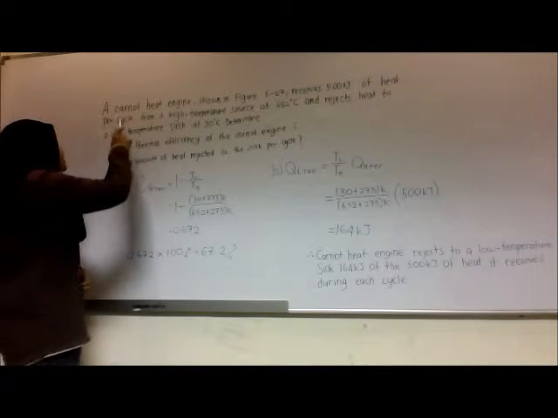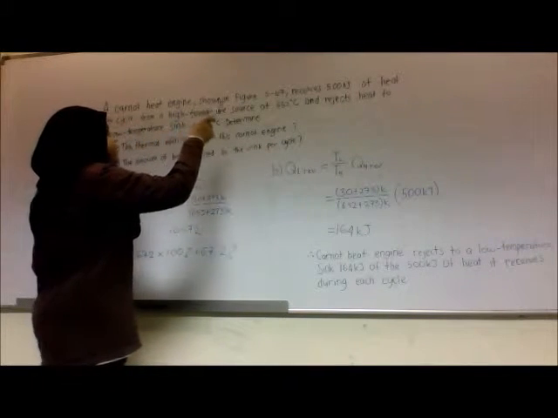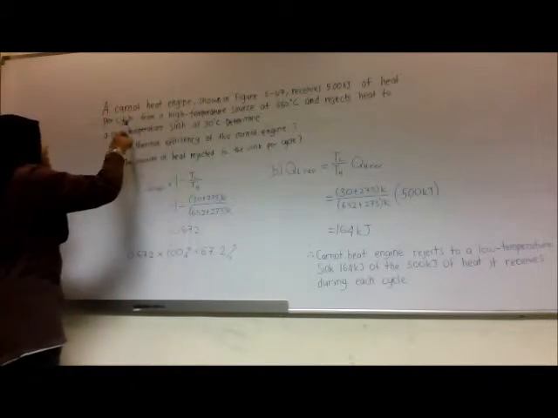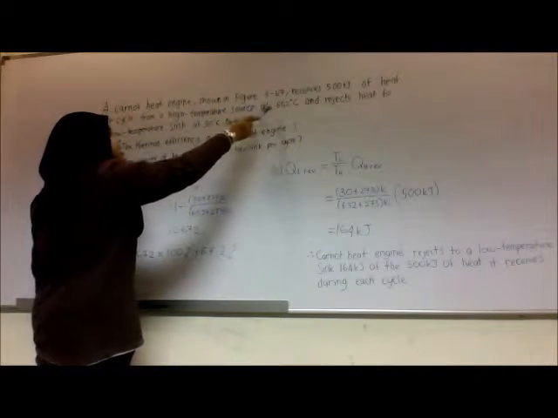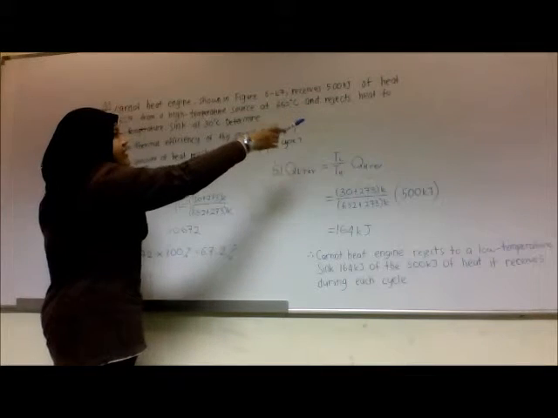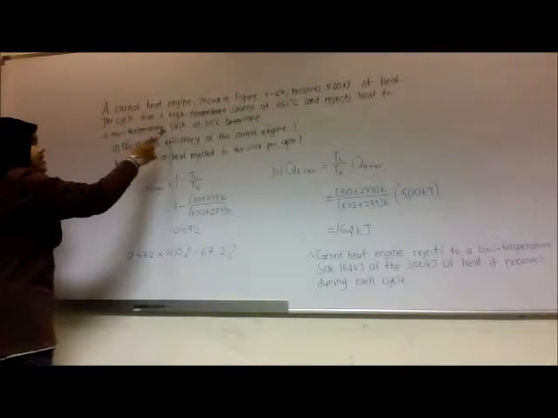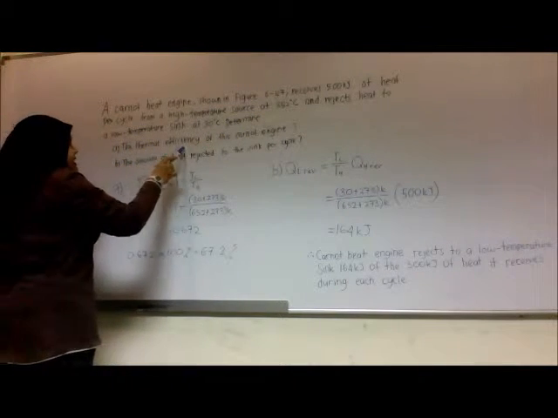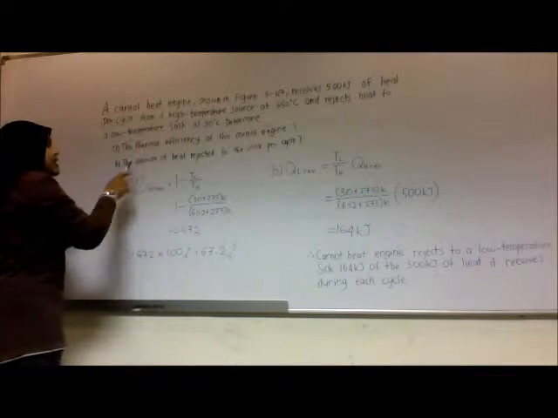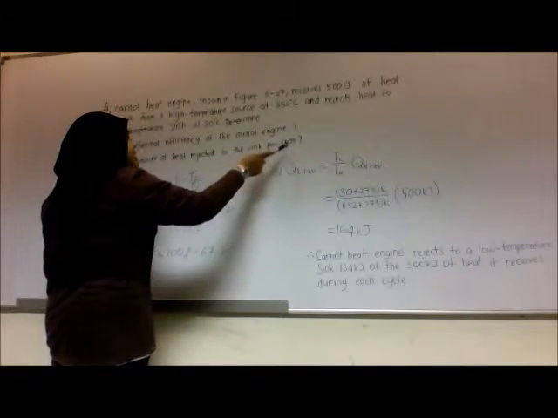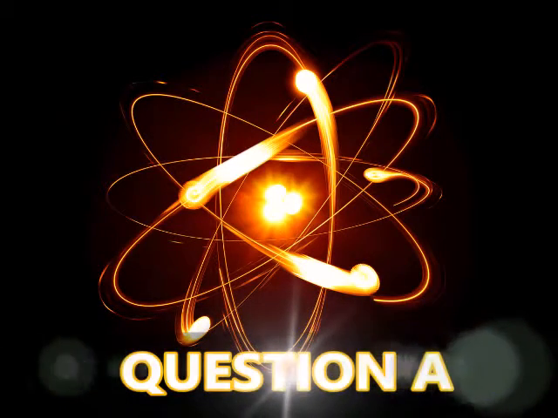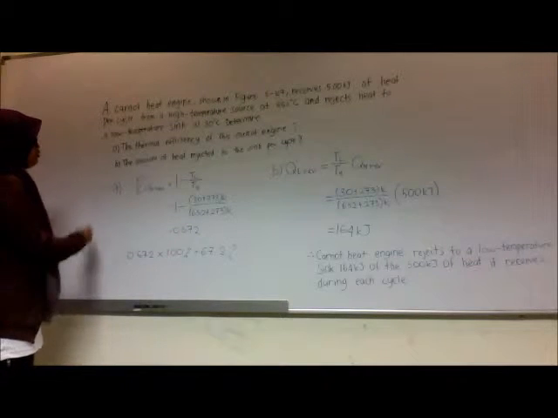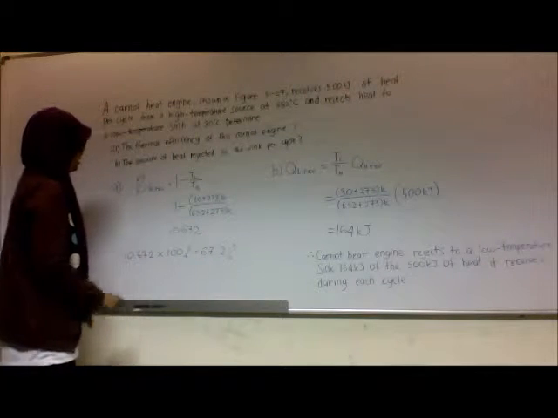For the question, a Carnot heat engine shown in figure 6-47 receives 500 kilojoules of heat per cycle from a high temperature source at 652 degrees Celsius. Find the thermal efficiency of this Carnot engine,